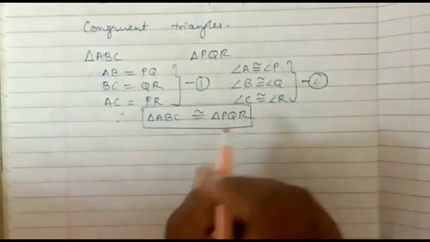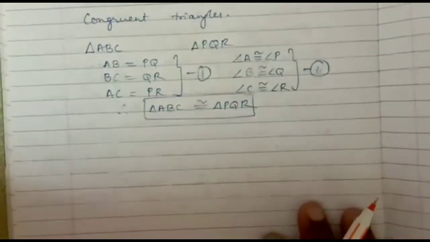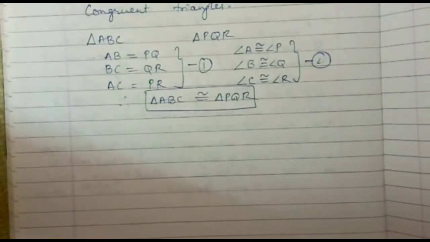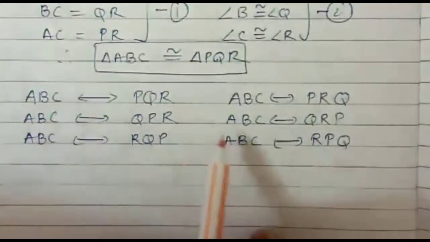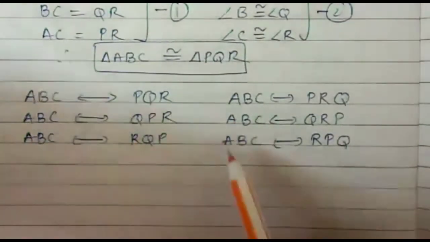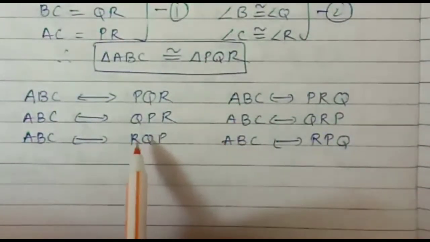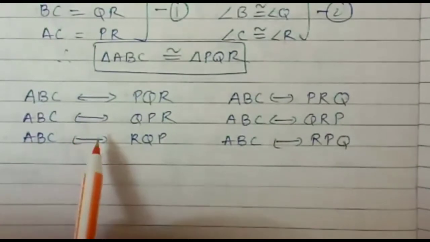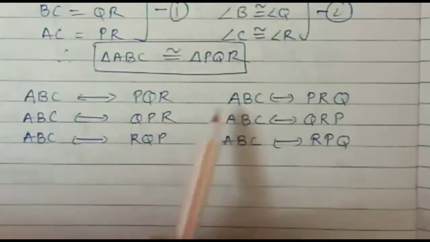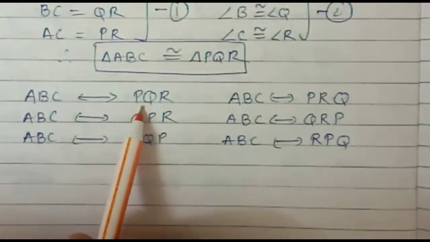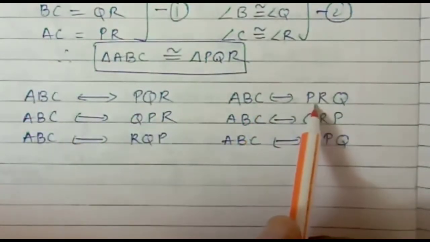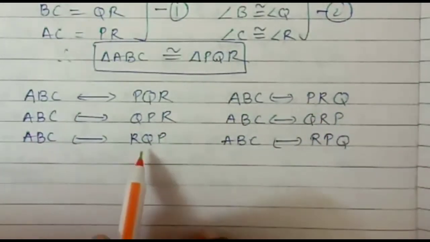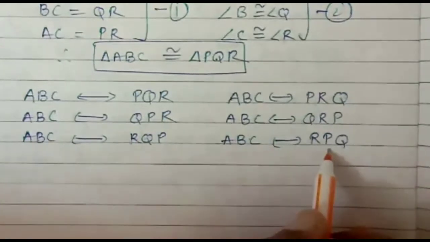But it is not necessary every time the same angles are congruent. So we have 6 one-to-one correspondences. Which are those 6 one-to-one correspondences? Please see, you can see here I have written 6 correspondences. Out of these 6, any one can be correct. That means if you have two equilateral triangles of exactly same measurement, then all 6 are true. But if you have any scalene triangle, then out of these 6 correspondences, you can see ABC corresponds to PQR, ABC corresponds to PRQ, ABC corresponds to QPR, ABC corresponds to QRP, ABC corresponds to RQP, and the last one, ABC corresponds to RPQ.